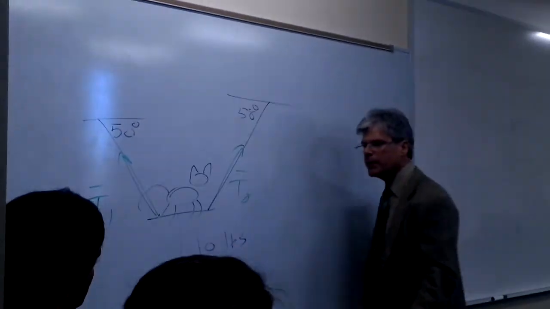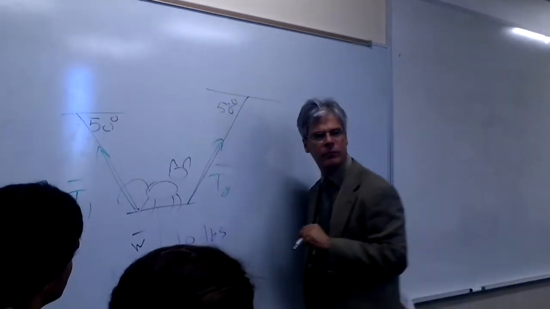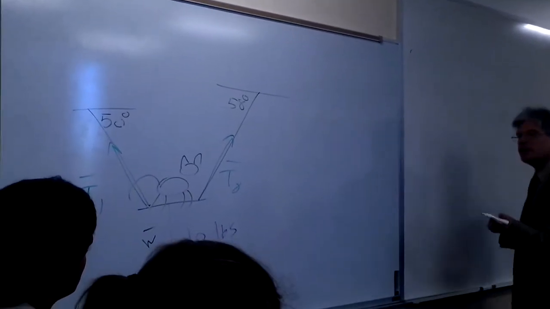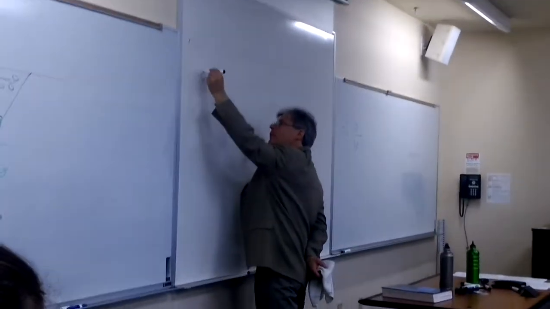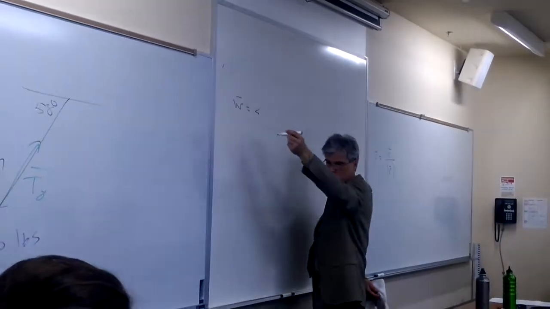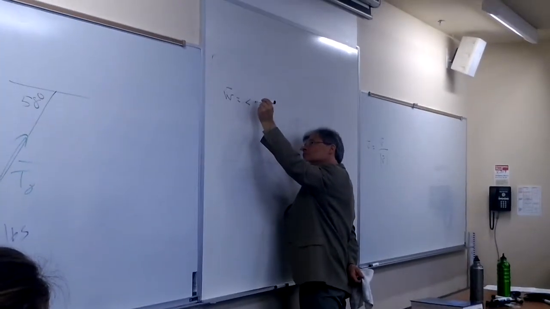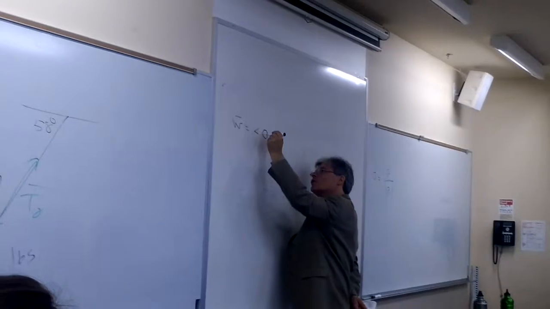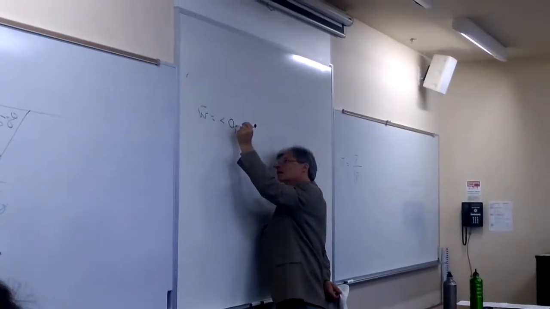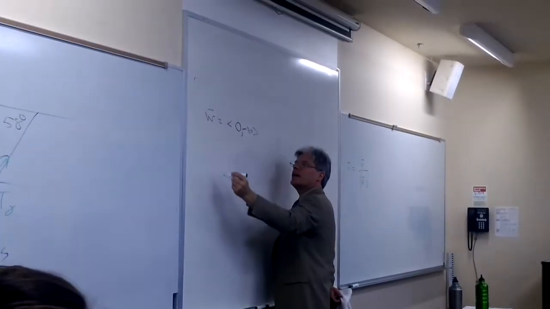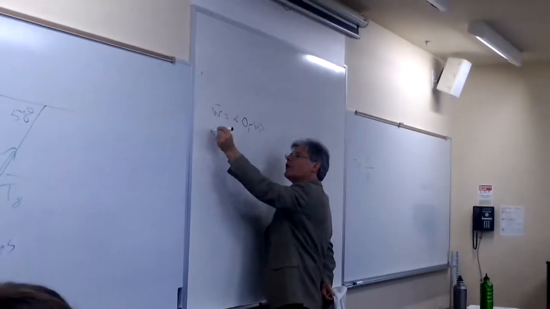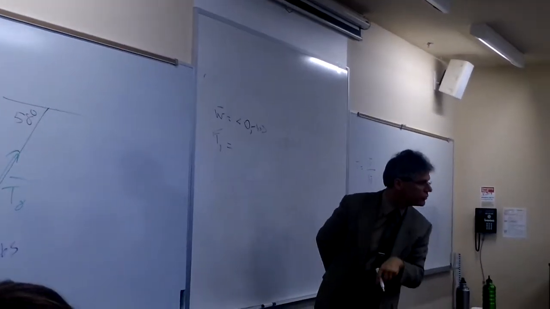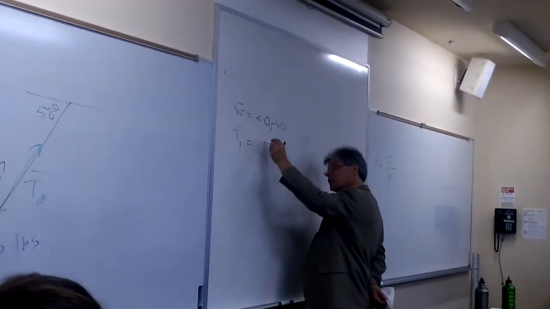So if you guys don't mind, can I look at the purple thing? Can I think of this as W bar? W bar for weight. So you guys help me with this. When it comes to W bar, as a vector, what are its components? 0, negative 10. And T1 bar can be interpreted as